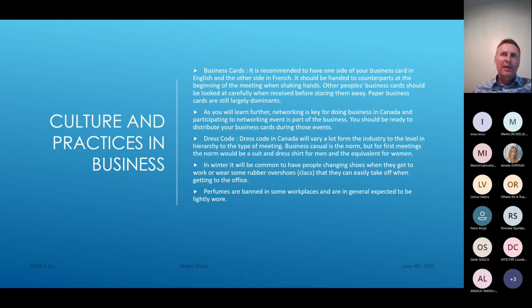But you also have to adapt to your meeting, right? If your product is steel manufacturing and you're going to meet with a partner, a suit and a dress shirt when the people are wearing working clothes might be a bit too much. So I guess it's like everywhere. You need to adapt to who you're talking to. But as a rule of thumb, and to make it simple, a suit and a dress shirt works.